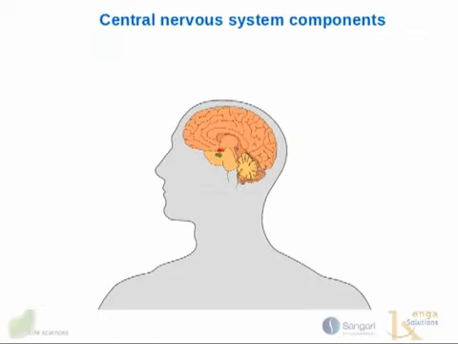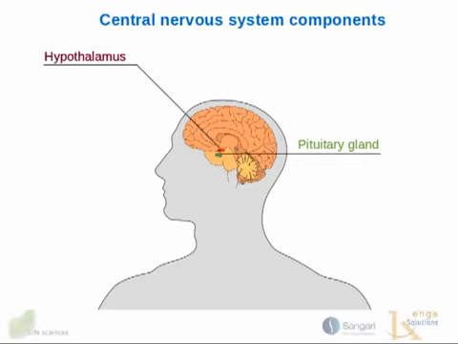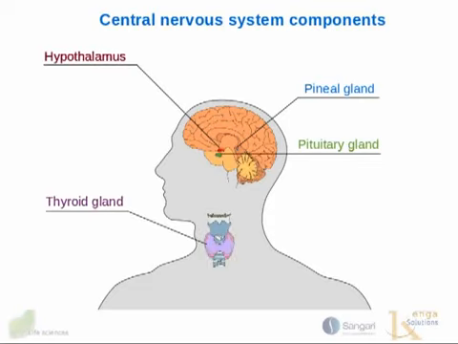The central nervous system components of the endocrine system consist of the hypothalamus, a portion of the brain that links the nervous system to the endocrine system via the pituitary gland, the pituitary gland itself, which is a small pea-sized protrusion off the bottom of the hypothalamus at the base of the brain, the pineal gland, which is a small body about the size of a grain of rice, and the thyroid, a large gland found in the neck below the thyroid cartilage, or the Adam's apple as we refer to it.